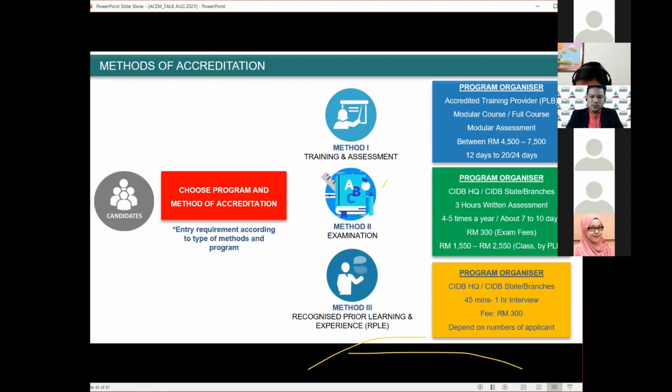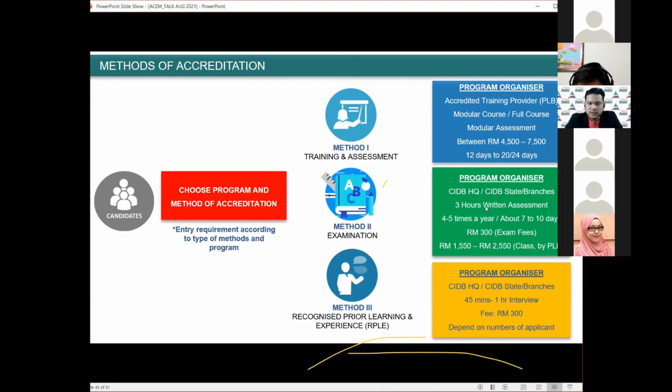And on method 2, which we are now planning to have, the organizer is CIDB HQ or CIDB state branches, not PLB. PLB is just like we are conducting the preparation course for you to enter for the assessment. But we have actually coupled the assessment with the preparation course. That is the importance of the courses.